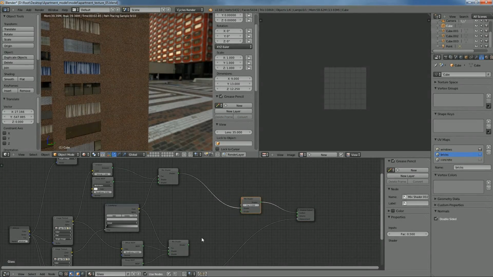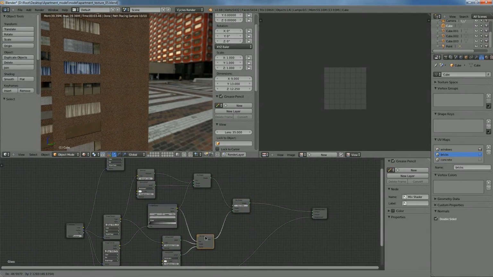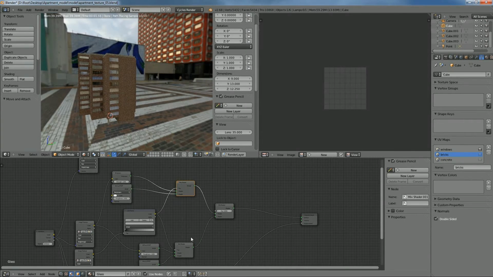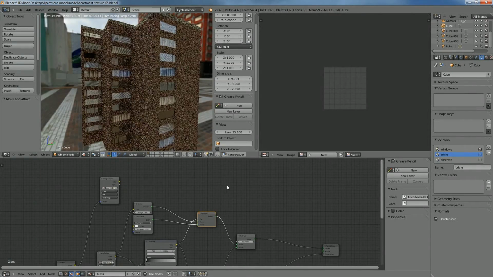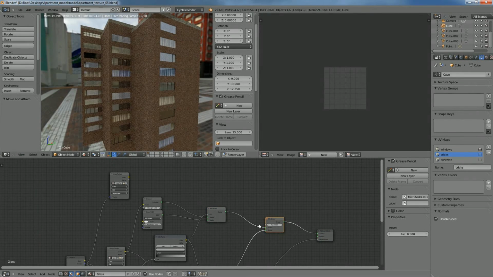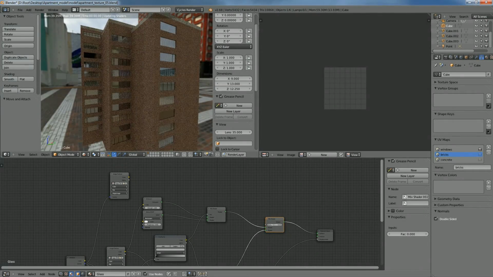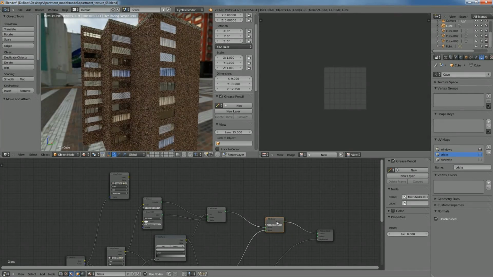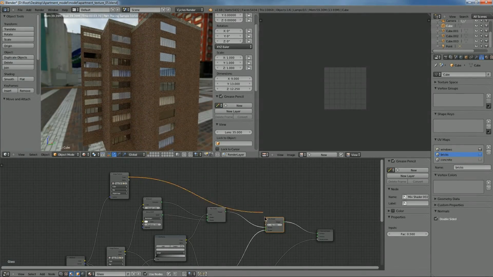But we're going to add another mix shader, and we're just going to mix the two mix shaders, if that isn't redundant. So we have our day down here being mixed with our night up here, or rather, I guess our lights versus our not lights, if I can say that. But currently they're just being mixed by a value that we choose. So 1, which is completely day, or 0, which is completely night. So we'll just leave it at 0.5 for now. But we're going to go ahead and add our emission map